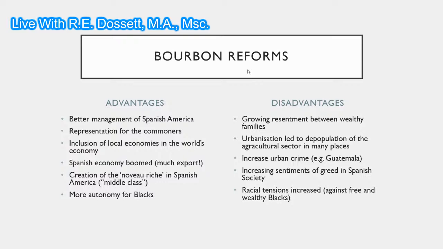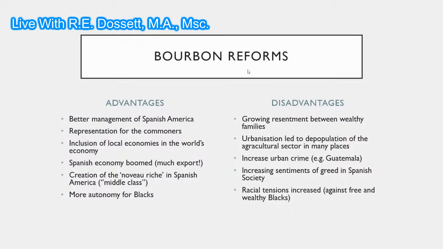The local economies were included in the world's economy because Spain had the world's economy back then. So much of the economy, local economies in like say in Panama or in other various parts of South America, even the economy in Alaska, which was also under Spanish rule, were included in the world's economy. So that offered financial options and opportunities for the American Indians also, as well as for the blacks. So the Spanish economy boomed because the export increased a lot. From South America, from Buenos Aires, was a lot of beef being exported to Europe also, and there was a kind of a middle class that emerged